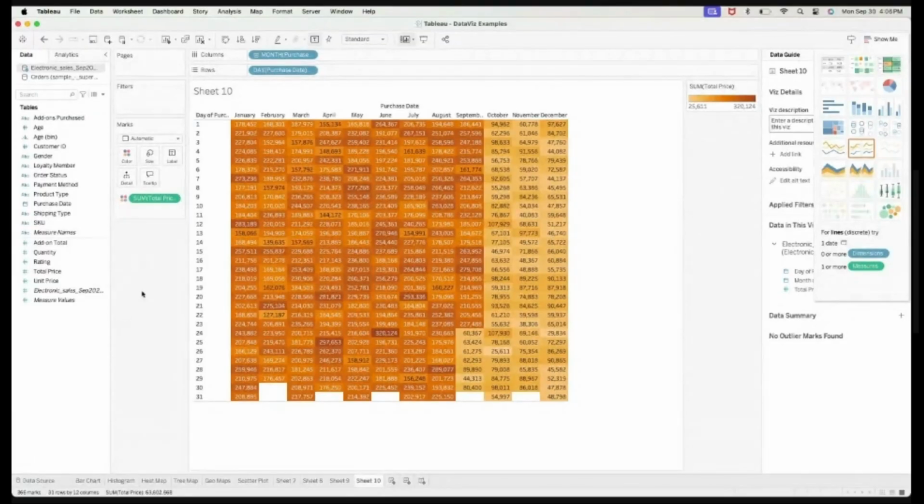Now, if you want to make this dynamic, you can add filters. So this is the date. You can add filters to make it dynamic. So let's say you want to filter it based on products. Let's add it here.